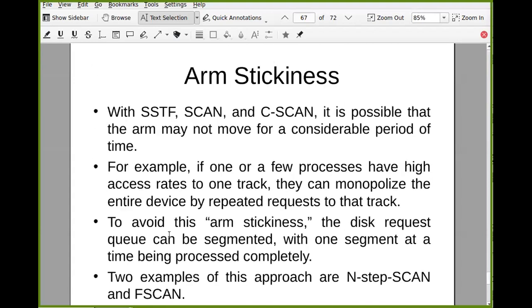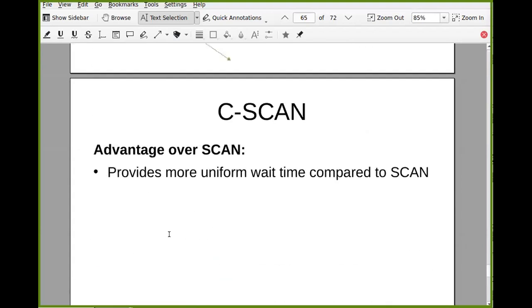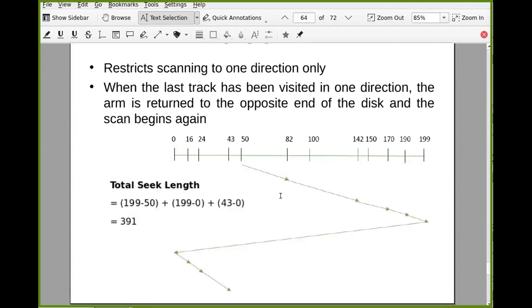For example, let us take scan. Suppose you reach track 82, and before you go in the forward direction and serve 142, new requests keep coming only for this track 82.